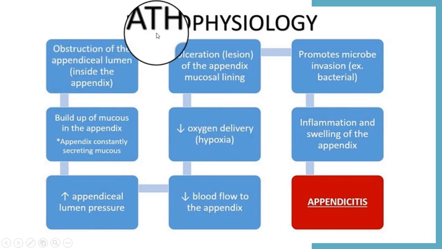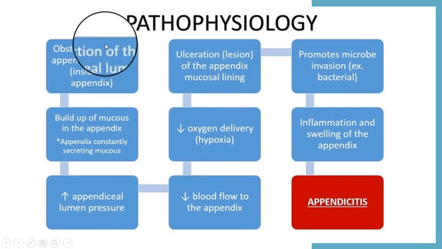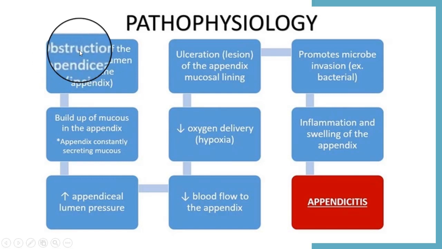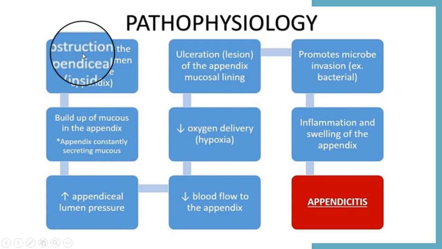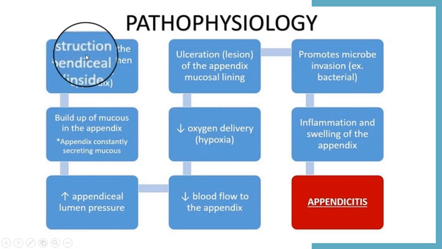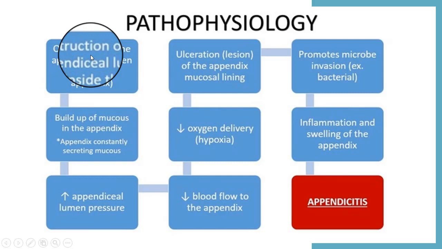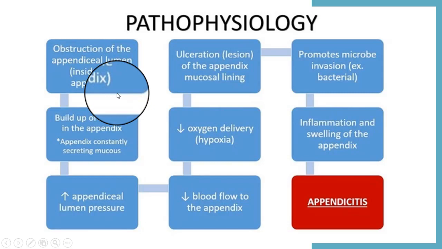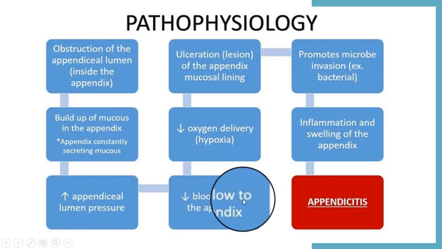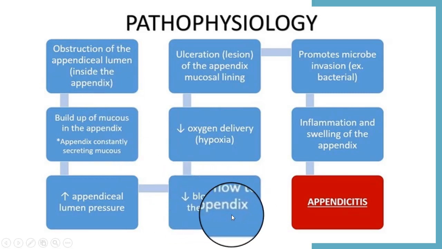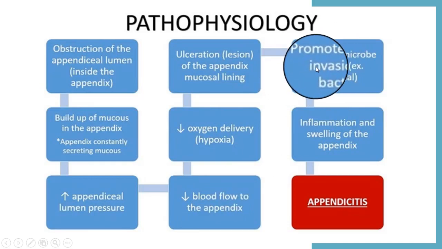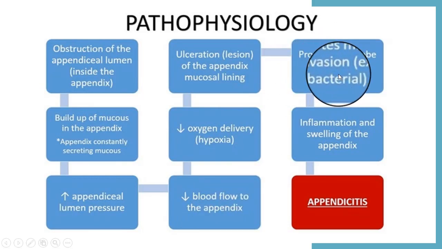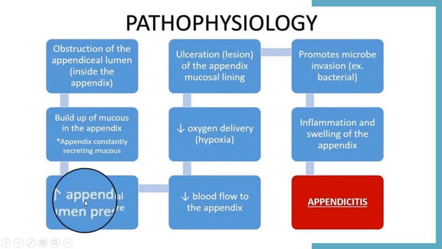However, it is thought to be due to the lumen of the appendix becoming blocked by a fecolith and the normal fecal matter, or lymphoid hyperplasia due to viral infections. Once it's obstructed, there is reduced blood flow to the tissues and bacteria is able to multiply. Due to the lumen being obstructed, the pressure within the appendix increases, and this reduces venous drainage and results